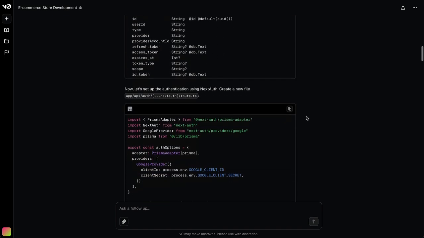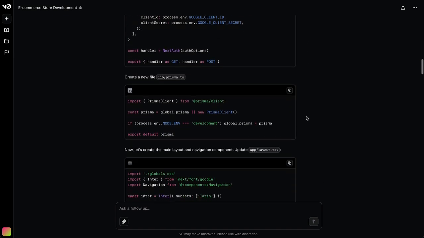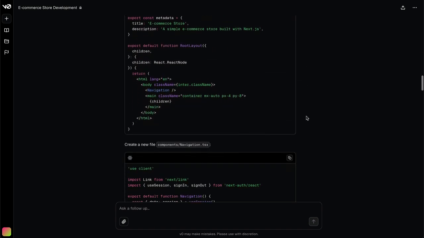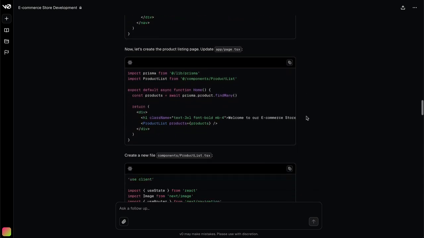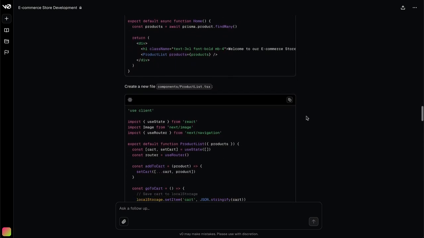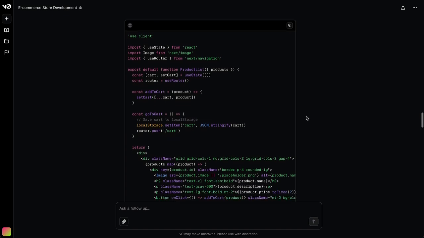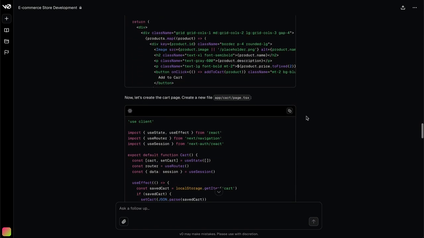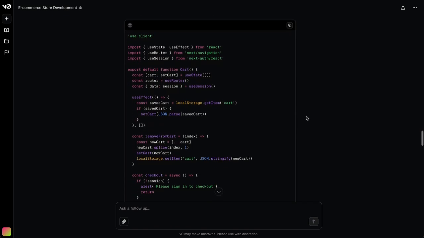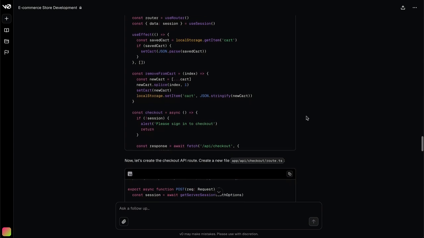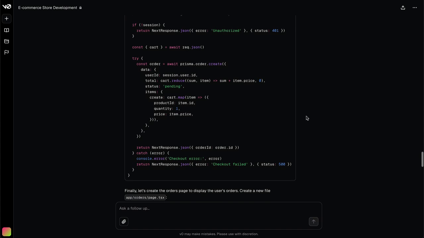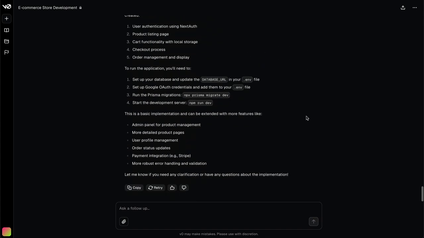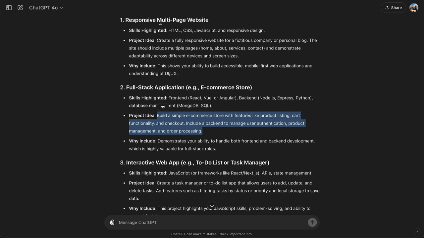Because you'll be creating a front end and a back end for this one, getting a bit more experience, and then seeing if it works, and seeing if for some reason it doesn't work, if it doesn't work because there was an issue with what V0 came out with, or if there's an issue with something that you did. And on top of that, you can then go and change this to have something that you want specific for you. But pretty cool project that you can get from V0,